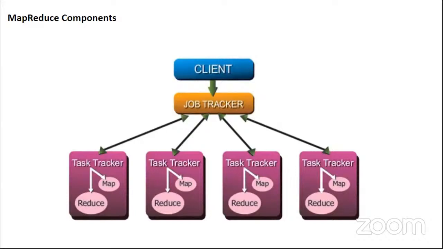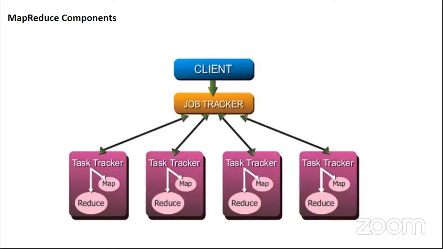Another important thing: whatever output it has produced, where will it be stored? It will be stored in HDFS. It will not be sent as a file to your location or something. No, it will be stored on the HDFS only. So everything that you do will be stored on HDFS. HDFS is first, and MapReduce is what? Getting my point? It's very simple.